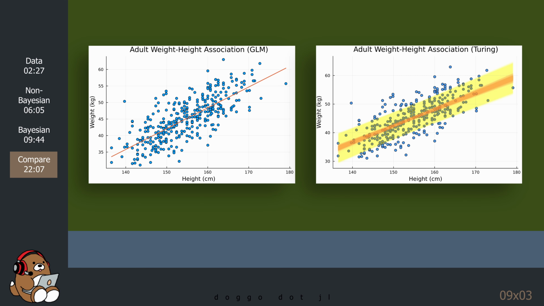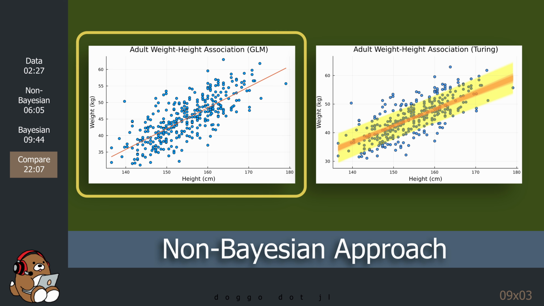Let's take a few minutes to compare and contrast the non-Bayesian approach versus the Bayesian approach. With the non-Bayesian approach, there's only one linear regression line for the dataset. So for any given value of x, there's only one unique value for y. Although this approach is easy to understand and easy to explain, the real world is almost never this simple. This non-Bayesian model implies that if you know someone's height, you can accurately predict their weight. But if you try to use this model to make predictions, your predictions will almost always be wrong.